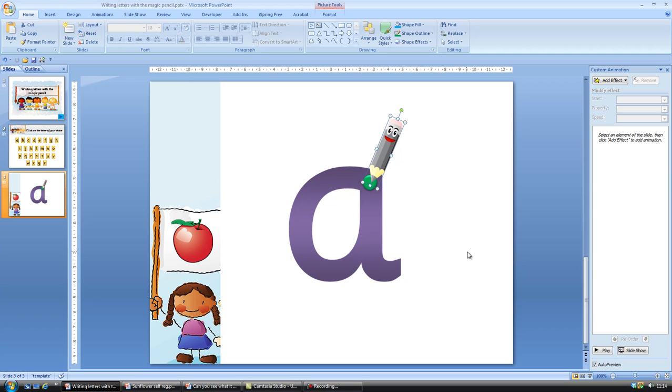Now, quite often children will discover motion paths for themselves, and they think it's great to get pictures to whizzle over the place and do silly things. It can be a bit annoying, but motion paths are really useful if you know how to use them. So, here's my picture. I'm highlighting it, custom animation, add effect, motion paths,